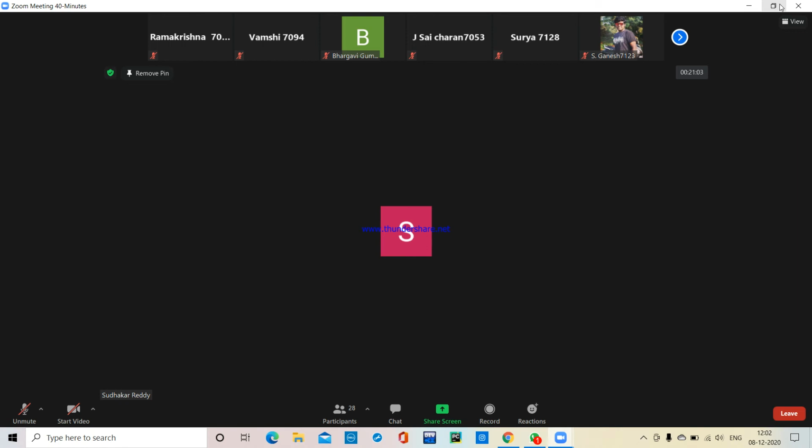So what is a linked list? We'll be discussing that in the coming sessions. Now if you see the diagram, it is called a ring buffer.